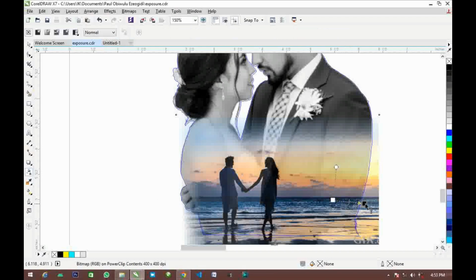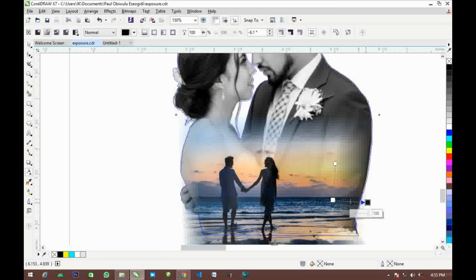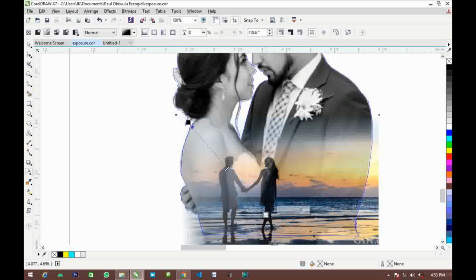If I give this place transparency and I want to give this place transparency also, have you seen it? First of all, it's going to change it. It's going to move the transparency from this side to this side. So you can only give one side transparency, which is linear transparency. Linear means one side is going to be transparent and the other side is going to be opaque. So that's what is meant by linear transparency. You are going to give one side transparency. So that's why